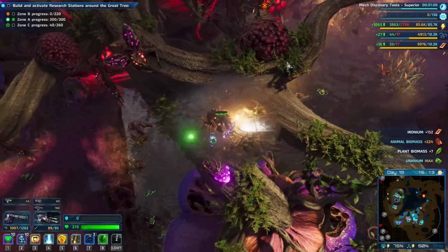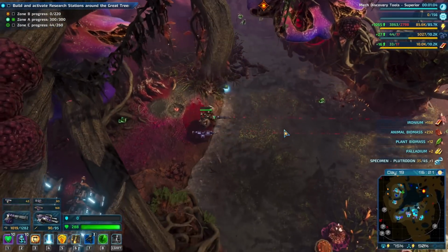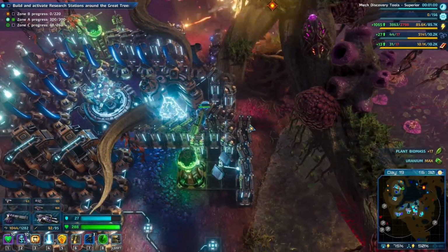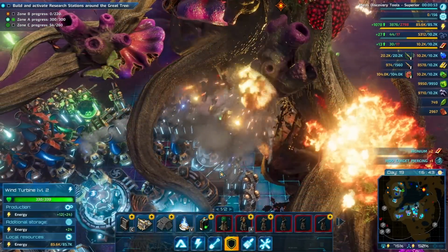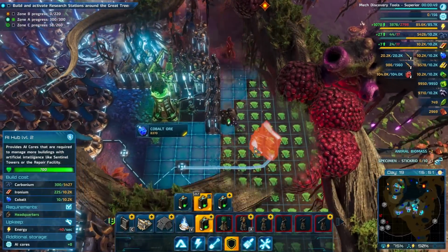Okay, looks like generally our static defenses are holding up. I just need to supplement it here and there. This location. That's a really bad teleport location. Can I build a better teleport location? Nope. Oh, right. We need some more of this. And again, with our...